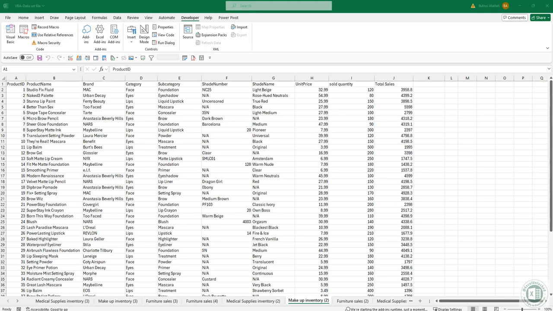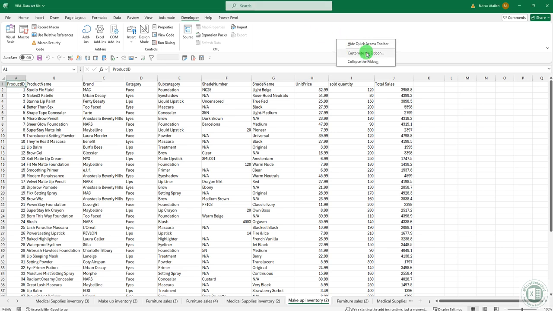Finally, and here's a bonus tip to make you stand out in the crowd. Instead of running your macros or code from the Developer tab or by using the shortcut Alt F8, you can create a custom tab on the ribbon and amaze your friends or colleagues with it. Let's see how it's done.